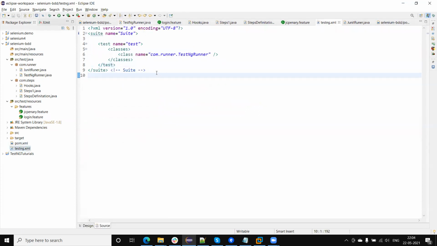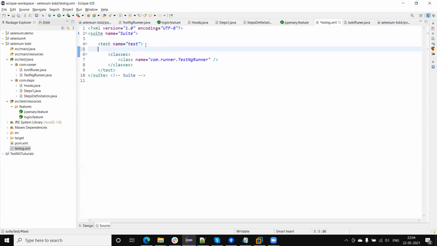So this is our TestNG suite XML file. From here we can pass the parameter value. When we are passing the parameter, we need to define the name and value. So name equal to browser, and value equal to Chrome, since I am going to run this on the Chrome browser.